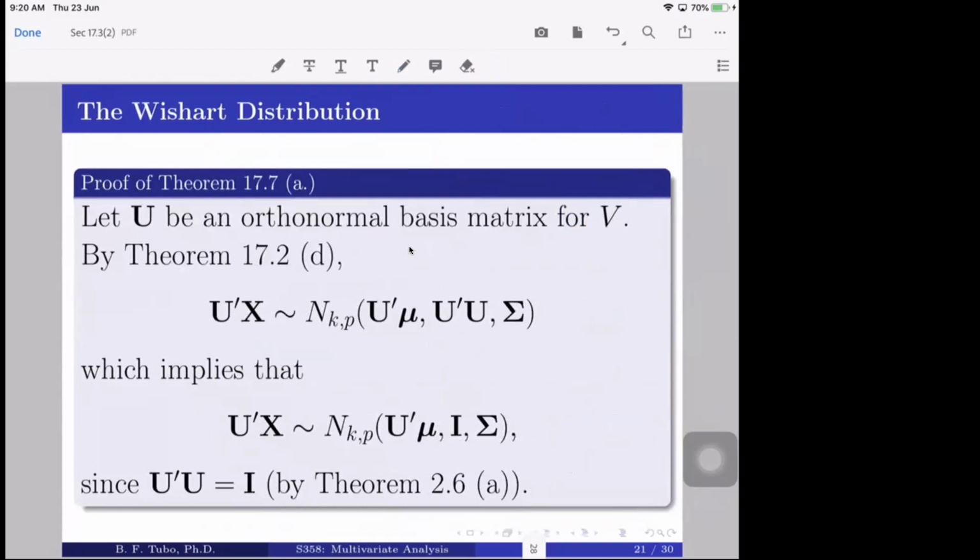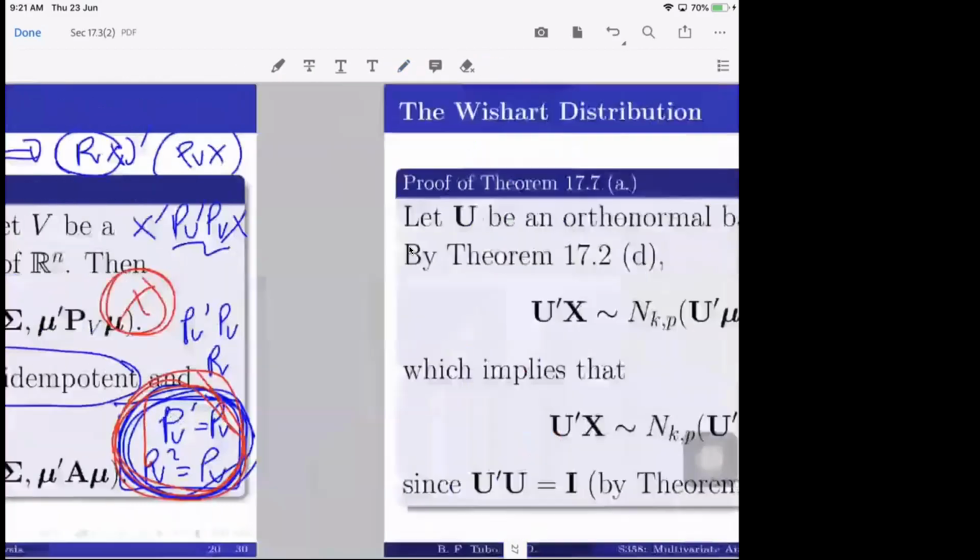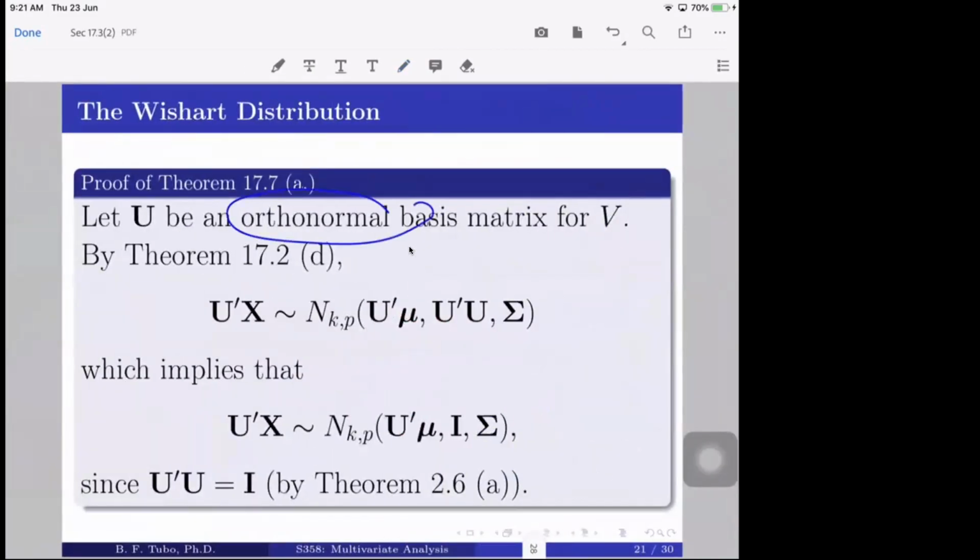So to prove this, we have to assume an orthonormal basis because, recall, this condition that we were using earlier has a condition that our X is orthonormal. Correct? Do you remember that? That condition is only true if our basis matrix is orthonormal. So to prove this, we have to assume that we have a matrix which is an orthonormal basis for V, so that we can use